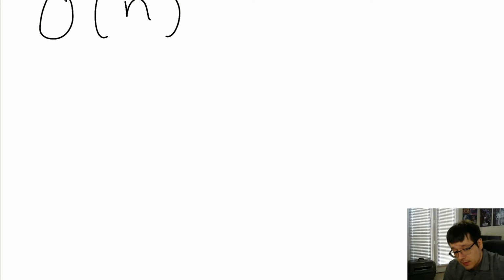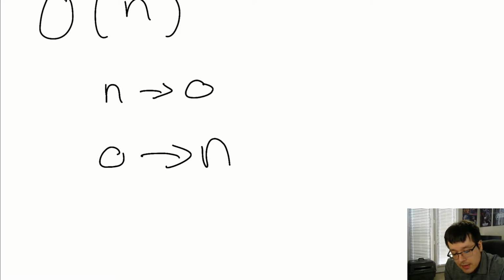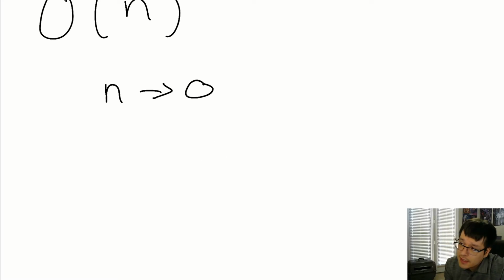Okay, let's do another one. This one we're going to use a different method. This one we're going to use a method that goes from n to 0. So before we were going from 0 to n, that works in a lot of the simple cases, but not really for more advanced cases. This is a case where it might work better to go from n to 0, okay? So for this one, the problem we're going to be looking at is